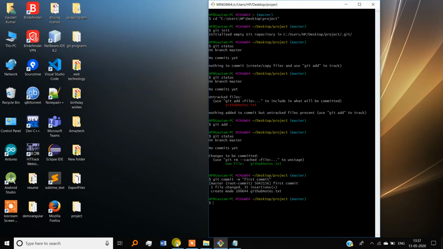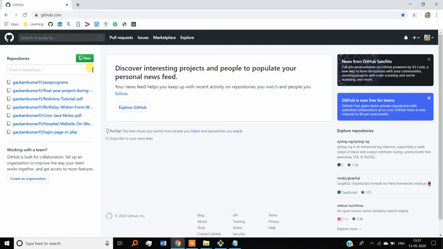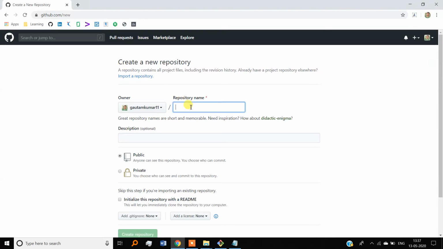Now go to your GitHub account, log in and come to this page, create a repository. Here give a name for your repository. Whatever you want, you can give. I will name it Gotham Tech Tutorials. See, we are getting two options here, public and private.